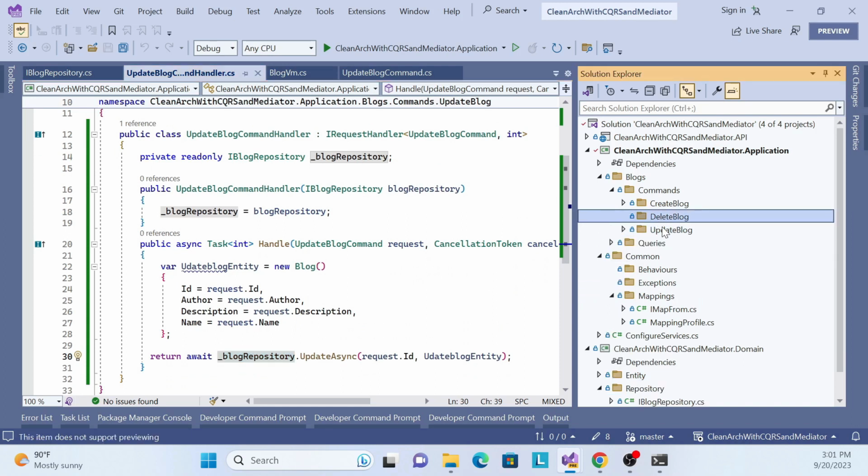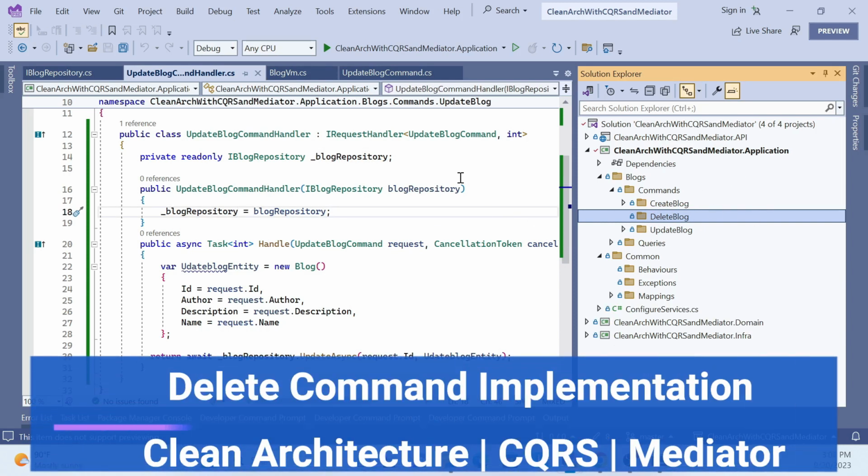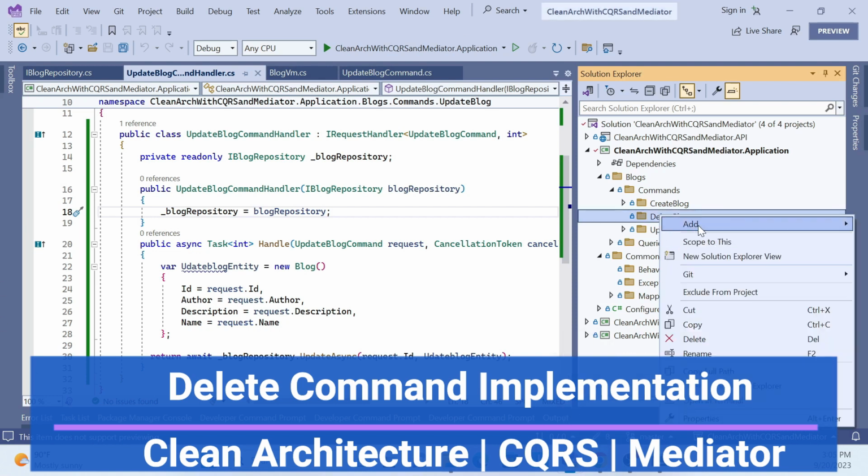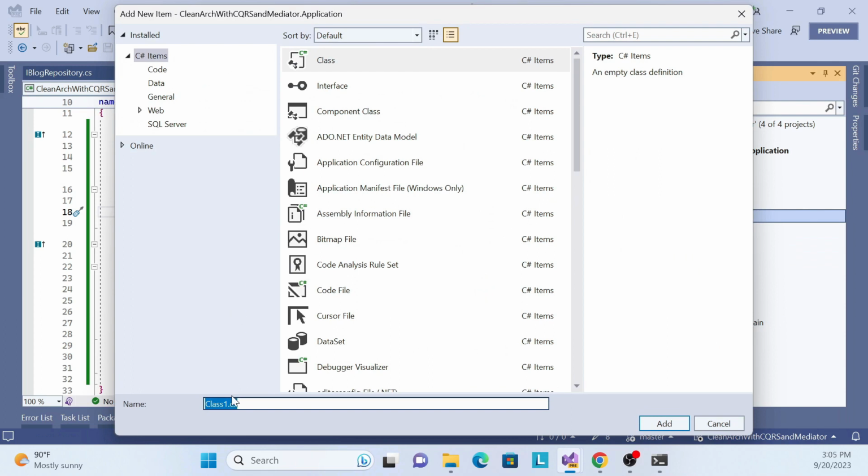And in the next section we will implement the delete blog in this application layer. Let's get started. Okay, so what we need to do first, we have to create that delete command, okay. So let me create a class, okay. We can put the name as delete blog